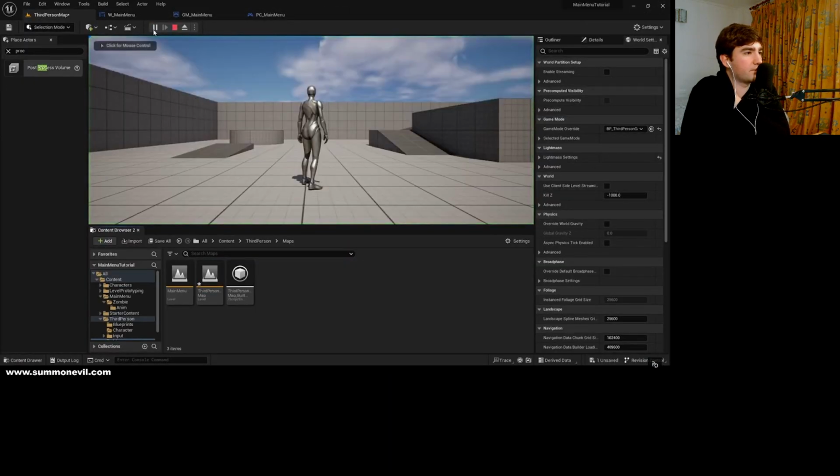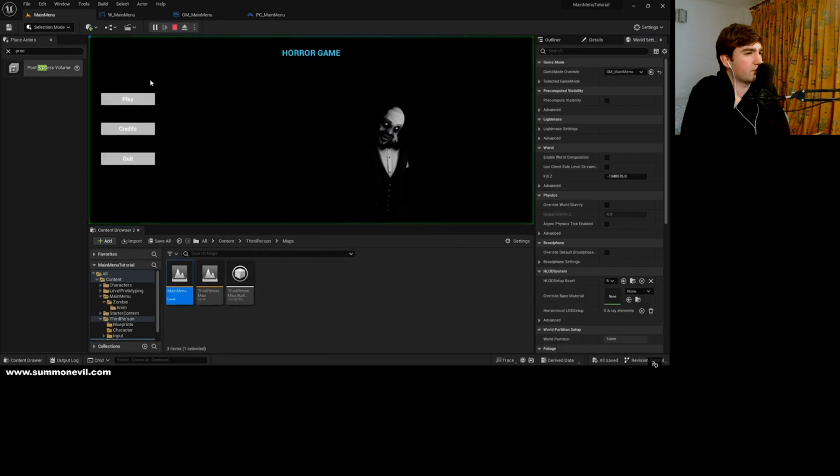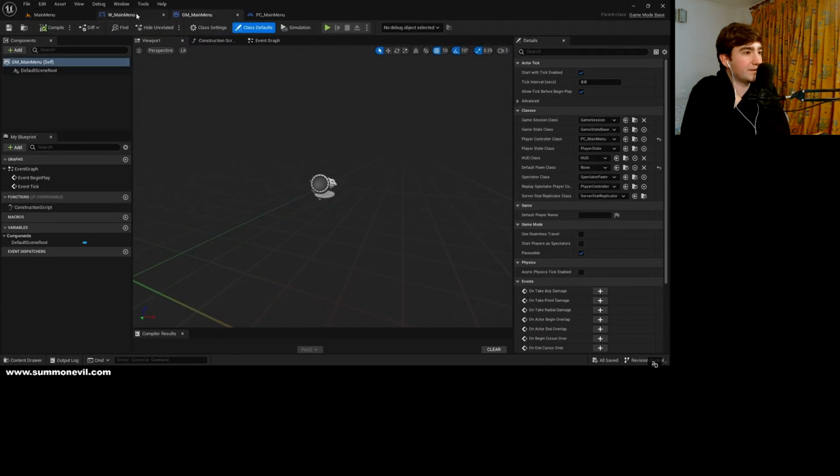So now if you realize, if we open our main menu, let's go to the main menu. If you press play, we're still gonna have mouse cursor. So how do we fix it? Simply we go to the